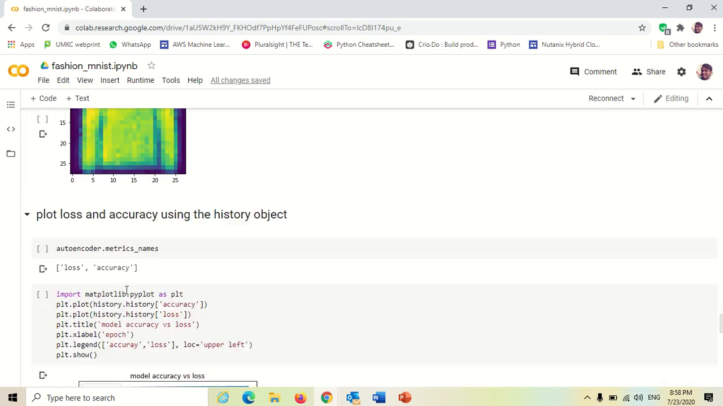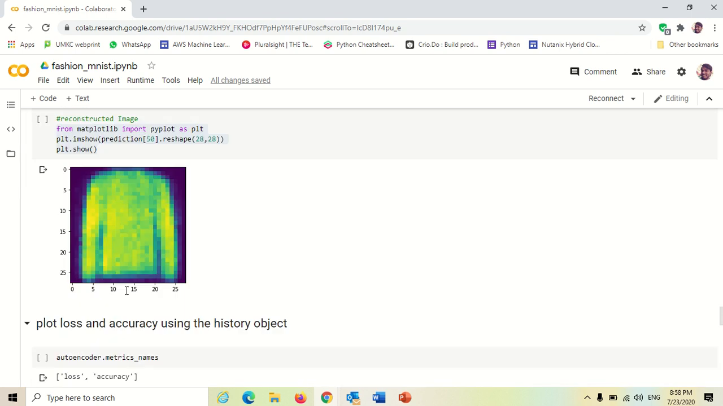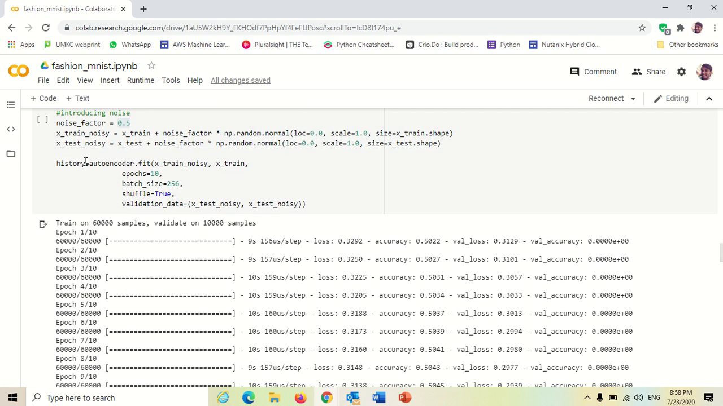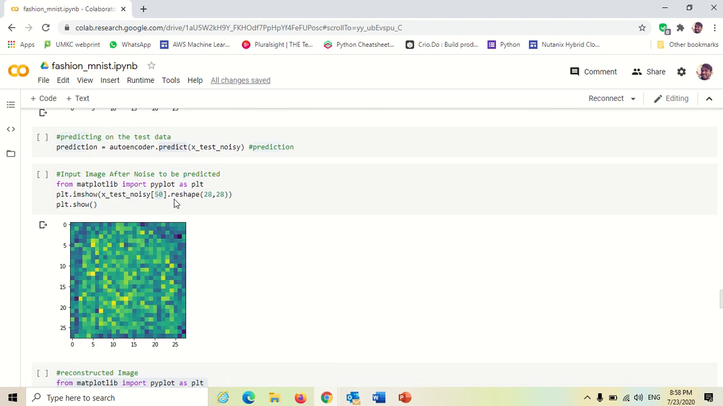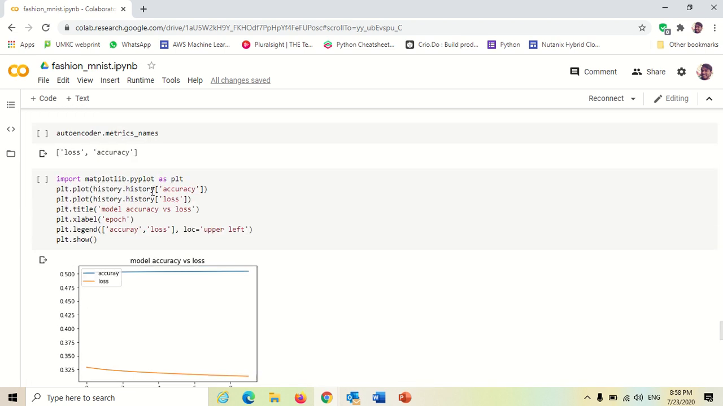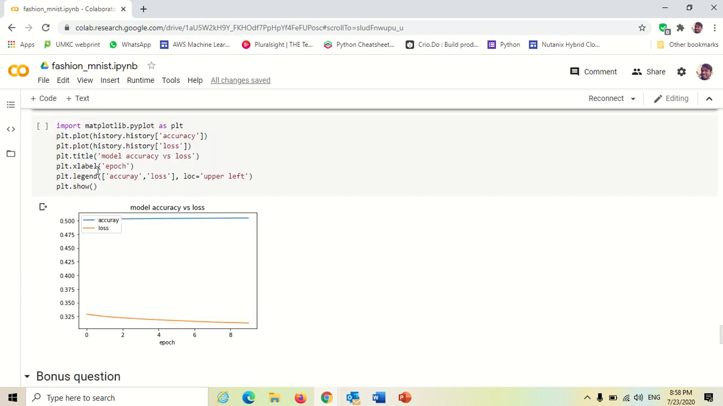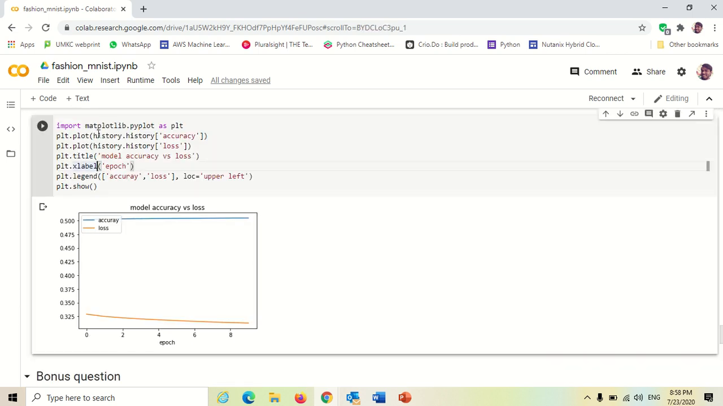Now plotting loss and accuracy using the history object. I have stored this fit in history here, this particular fit of the model. And now I was using that particular autoencoder object, and I have seen the metrics. It was loss and accuracy. Now when I apply it using the history object, history accuracy and loss, when I was plotting for loss and accuracy,